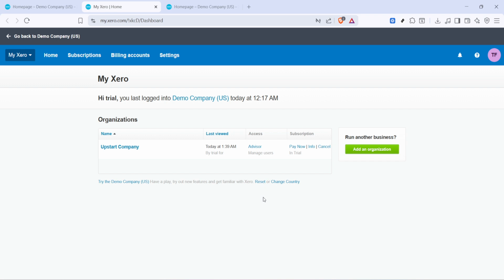Now, click Reset. On the My Xero dashboard, look for the Reset option associated with the demo company. Selecting Reset prepares the demo to be restored to its original state. Expect Xero to process for a short moment while it clears transactions, reverts sample data, and refreshes the standard demo setup. When it's done, the demo will look just like a brand new sandbox, ready for your next training session